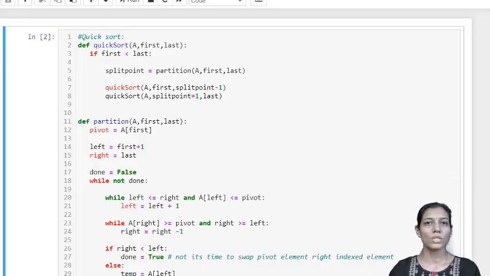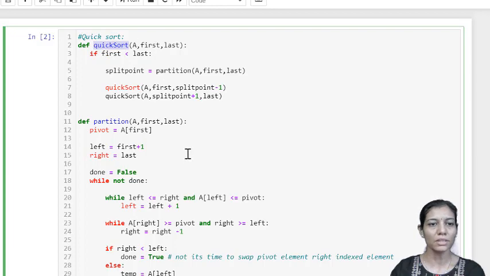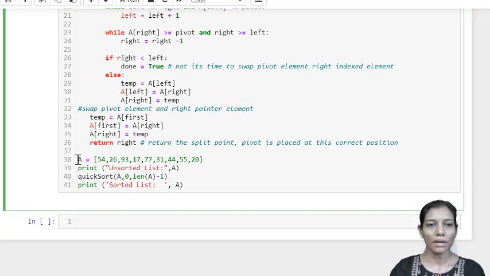Let us understand the quicksort program in Python. Here we have the quicksort method written. We have one unsorted array that we want to sort, and this list is passed to the quicksort function.